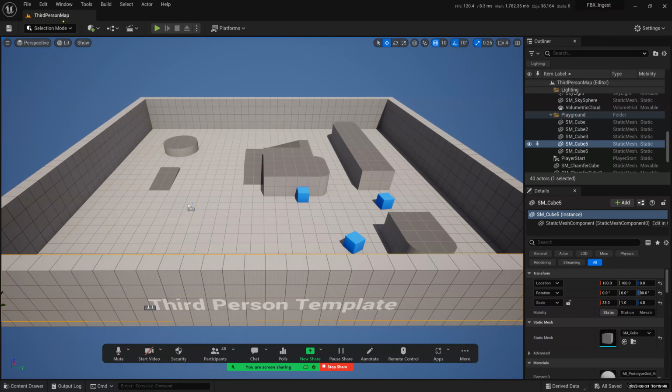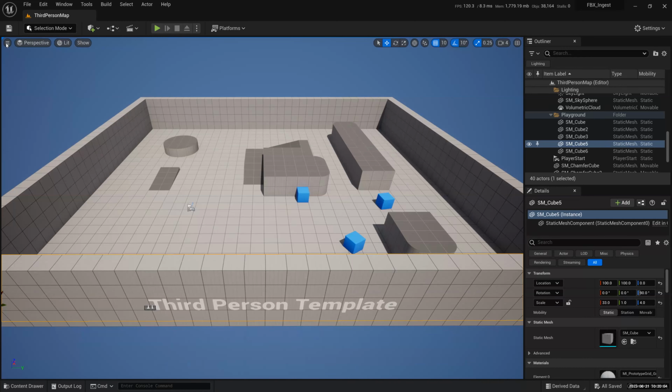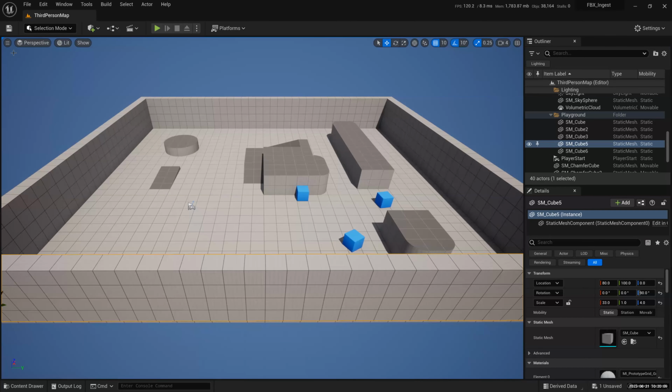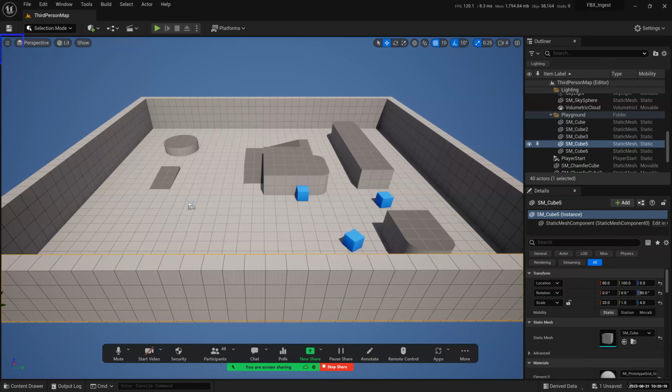Okay. So if you are having issues with your hardware, and some of you might not have the hardware that you probably want to have, there are a couple of things that you can do when you open up any level. Number one, you can go up to this little box here, this hamburger icon.